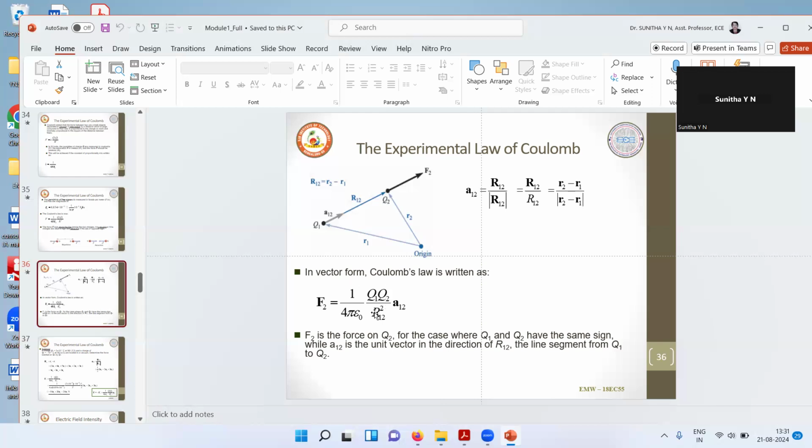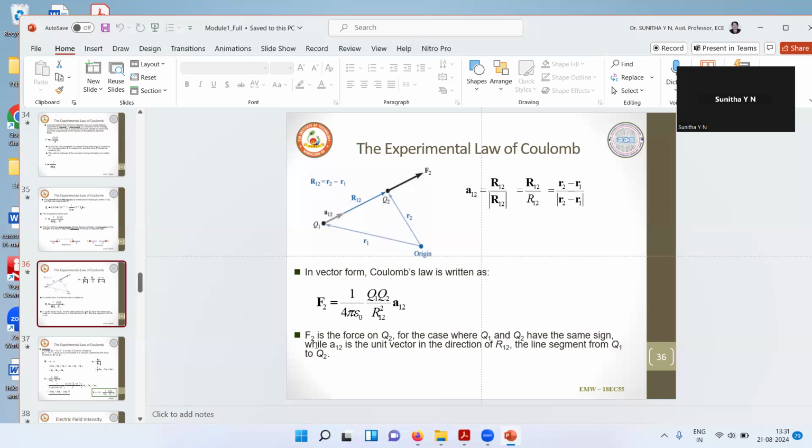Now we are converting that to vector form by just multiplying by a unit vector. So the unit vector in that direction we have taken here, and the force equation that we got in the previous slide, we are multiplying by that to get Coulomb's law defined here in vector form. So this is called the vector form of Coulomb's law. What we did is just attach a unit vector here so that the force equation now becomes a